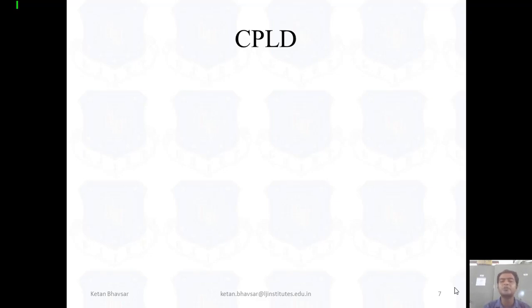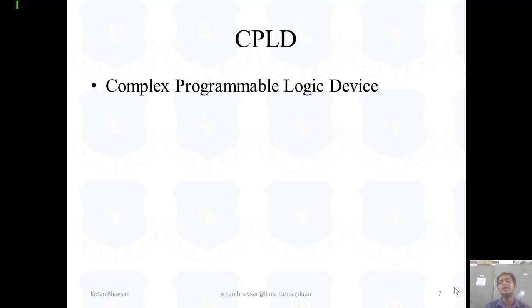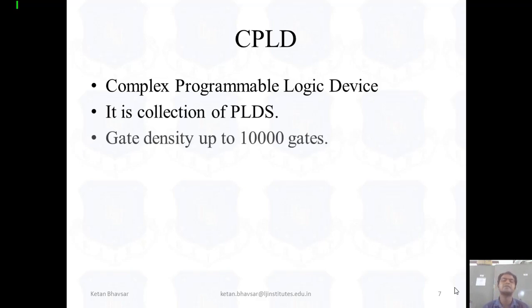CPLD stands for complex programmable logic device. We can say that it's a lower version of FPGA, where we deal with a small number of IOs. If you don't need a full FPGA, then we select the CPLD board, because CPLD cost is less than an FPGA board. It is designed with the help of PLDs, programmable logic devices.